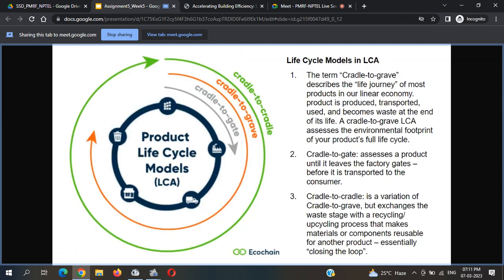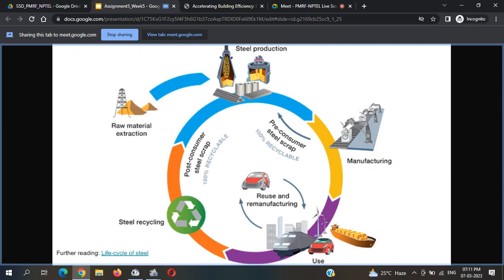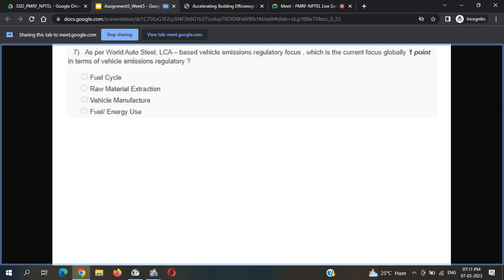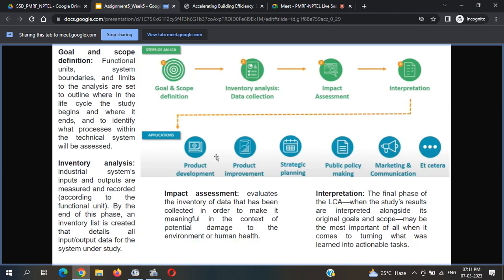So you have an inventorized list of all the inputs and all the outputs from any product cycle. That way, after the inventory, you go on to the impact assessment. So you see impact from all the inputs and you see impact from all the output of that whole product cycle, and you can conduct an environmental impact analysis based on that. And then after that comes the interpretation stage. So you have the impact assessment, you have the inventory, you have everything, and from that you can interpret the result